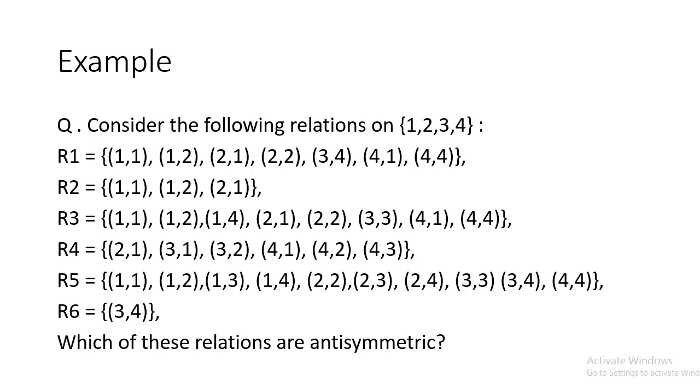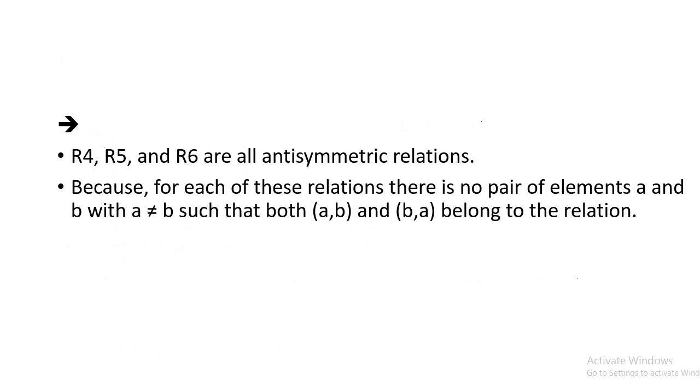If it includes all the pairs like (1,2) and (2,1), (1,4) and (4,1), then these relations are not antisymmetric, but these relations are called symmetric. Understood the difference between symmetric and antisymmetric? For symmetric, you must include all the pairs (1,2) and (2,1), (1,3) and (3,1). But for antisymmetric, no, these two pairs are not both included. If included, then the condition is a is equal to b.